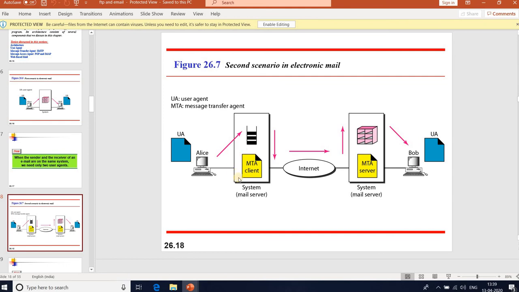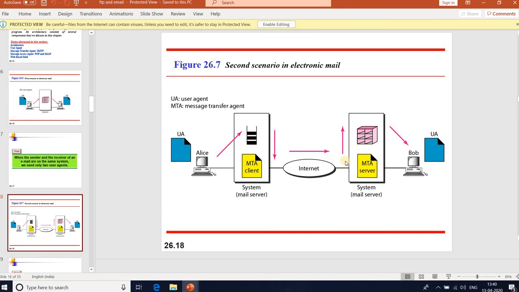The system located at Alice's side is called a mail server, and the system located at Bob's side is also a mail server. The mail server at our own site uses a queue to store the messages. The messages you are sending are stored in a queue, waiting to be sent.